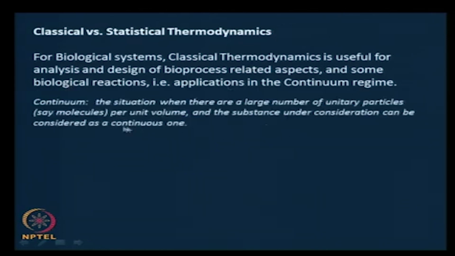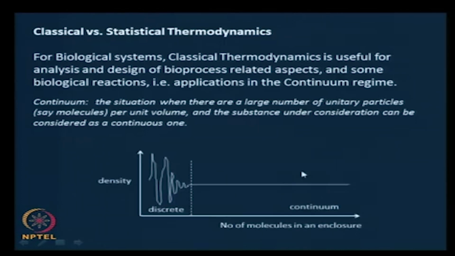And we saw what a continuum was. It is a situation where there are a large number of unitary particles, say molecules per unit volume, and the substance under consideration can be considered as a continuous one. Or in other words, for example, if you plot the density of the substance versus the number of molecules, say in an enclosure, till it reaches a certain point it is going to remain a constant density, assuming that